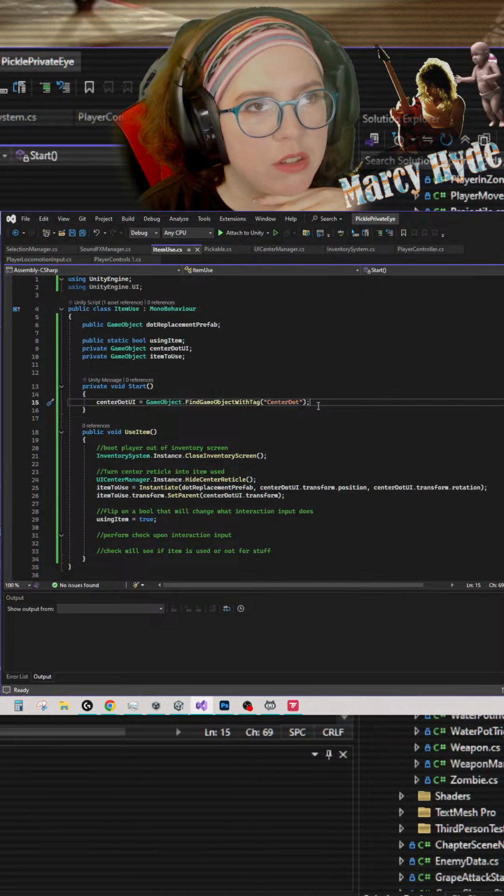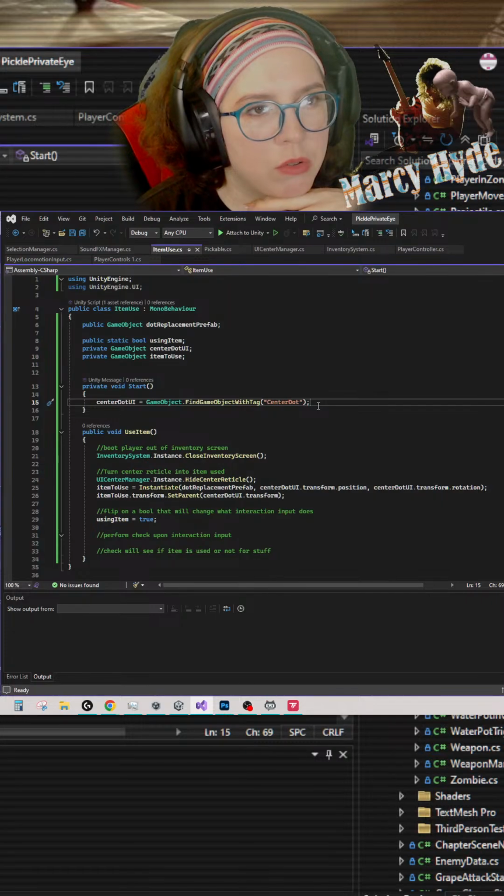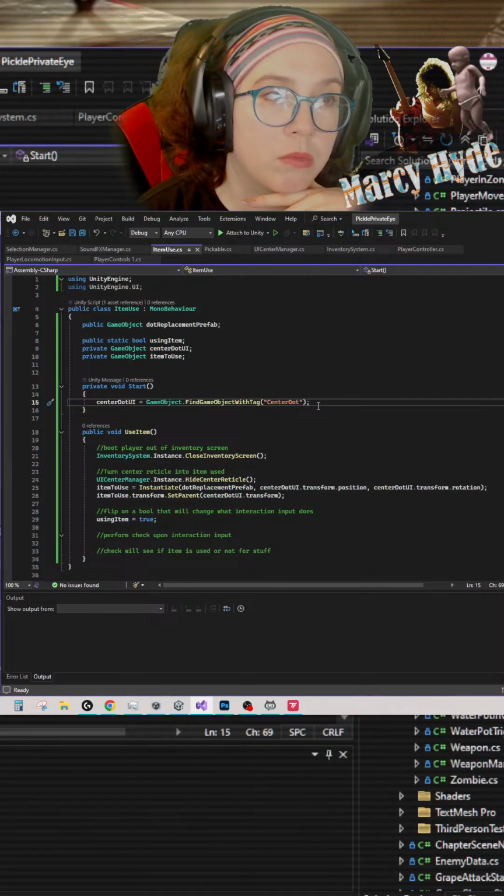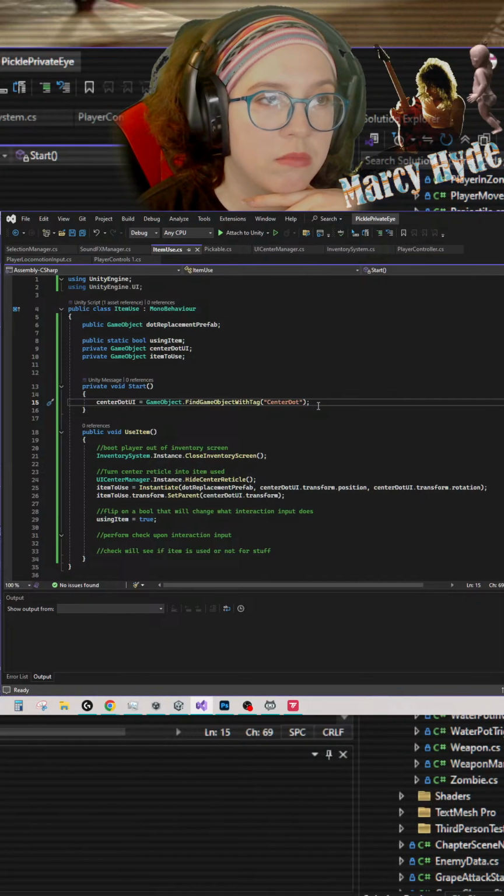The thing is, what it does is gonna completely depend on what the item itself is. So, just a generic item use script is gonna have to then pull from either a very specific method or